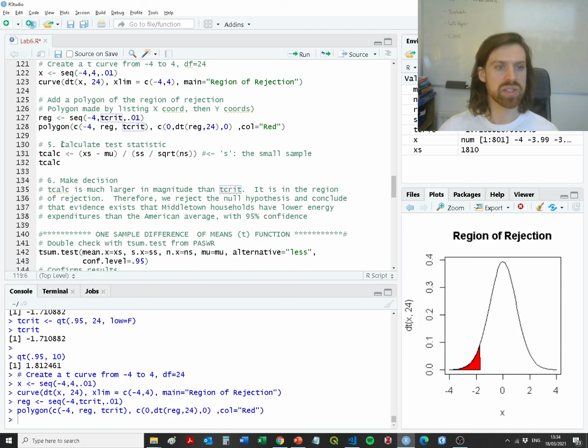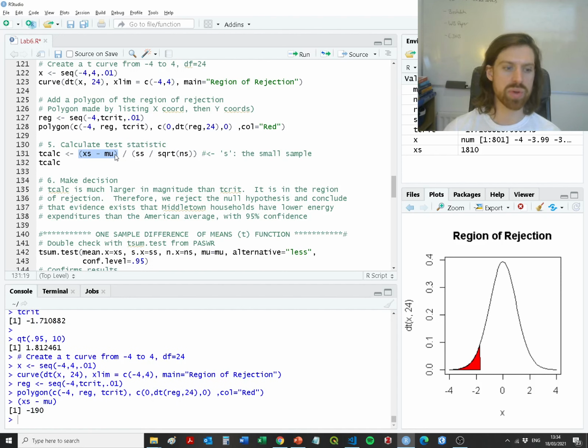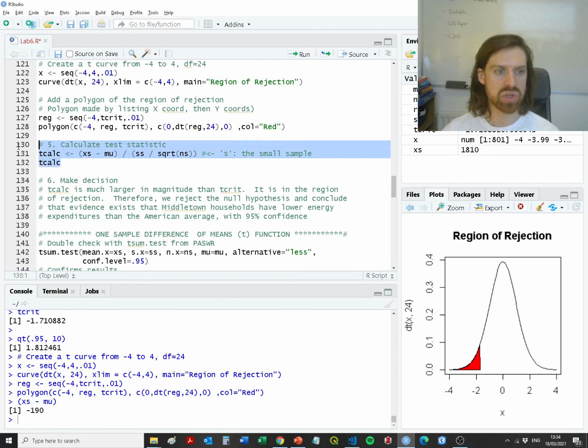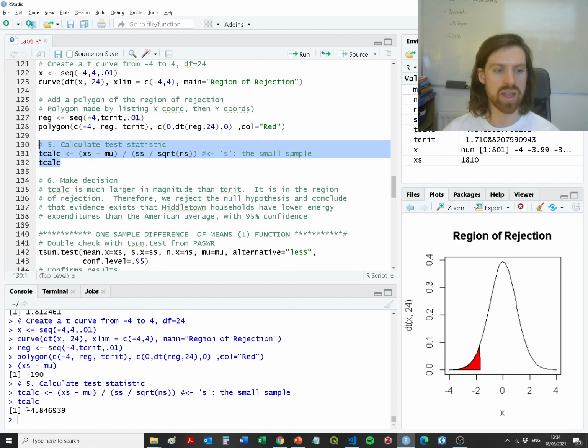Okay, so now what we need to do with the test statistic is get the numerator, which means subtracting the population mean from the sample mean. Fine, that's fairly straightforward. We get 100 minus 190. But then we also need the standard error of the mean, so we take the standard deviation and divide it by the square root of the sample size. And when we do that, we end up with a t-statistic of minus